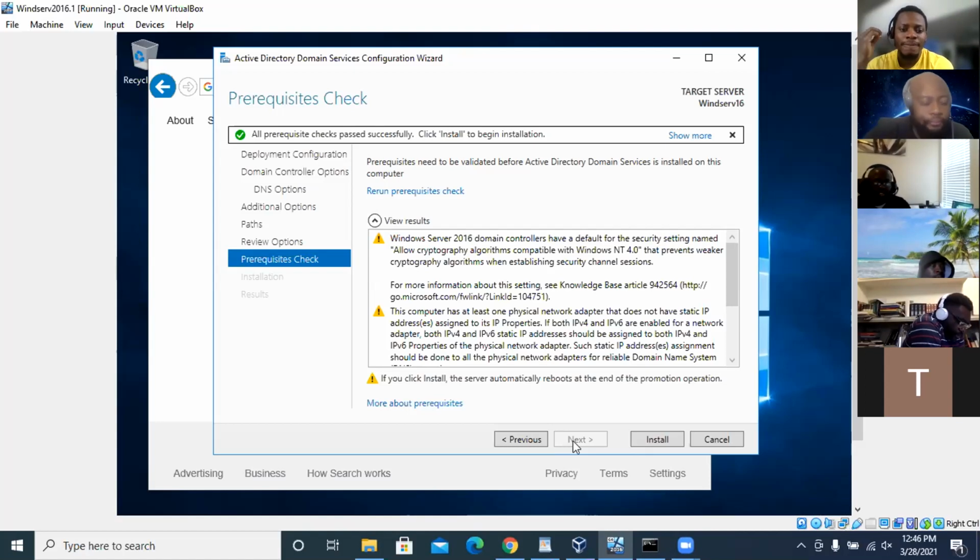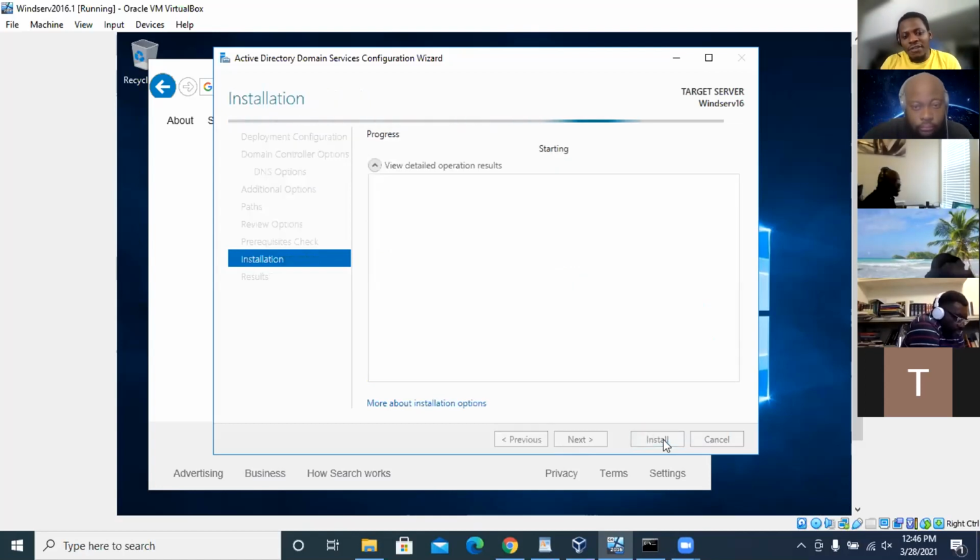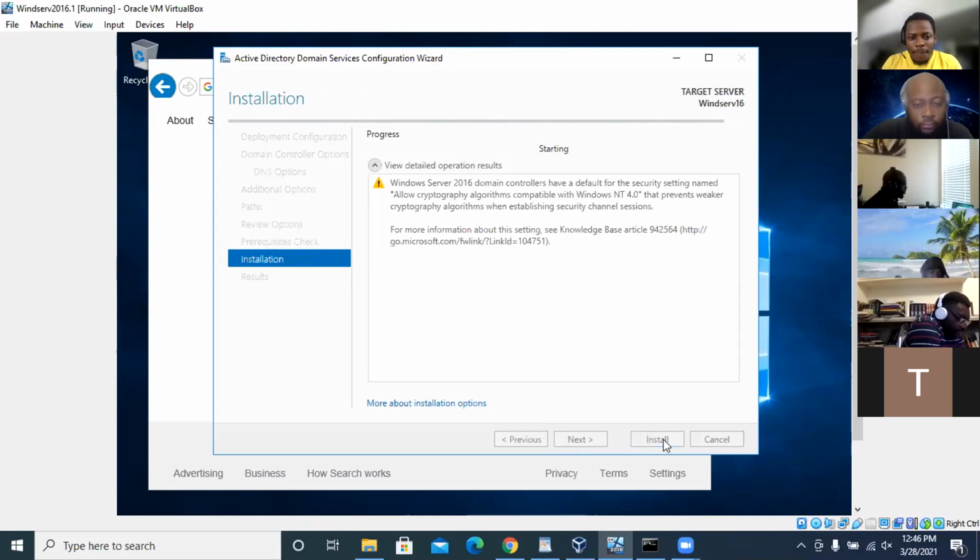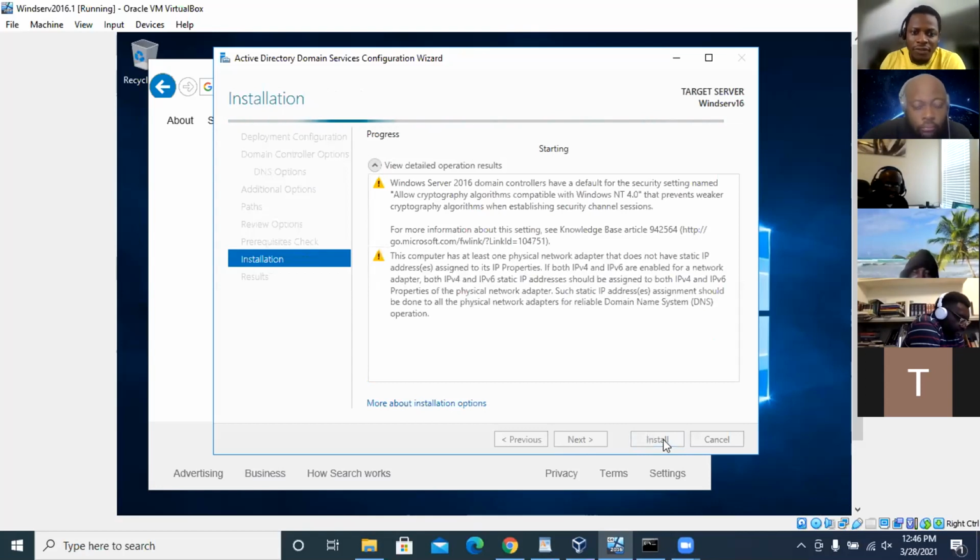So click install. Hit install now. Yep. Once that is done, the server is going to restart. Then when it comes back up, you're going to see it says Windows Server 2016 domain controller has a default for security settings name. That's just warning messages, which is all good. So we just got to wait for the install. I don't know how quick it's going to go. But once it's done,